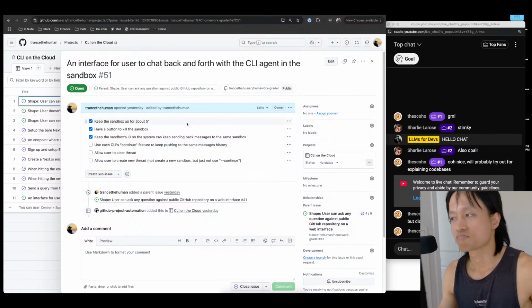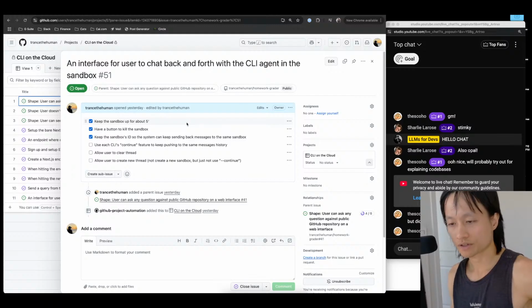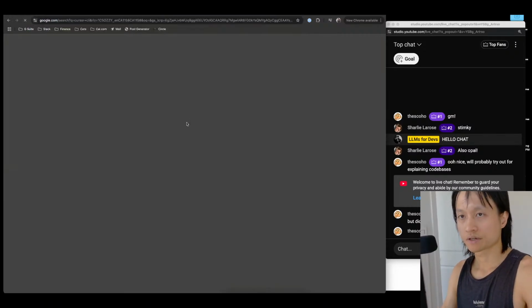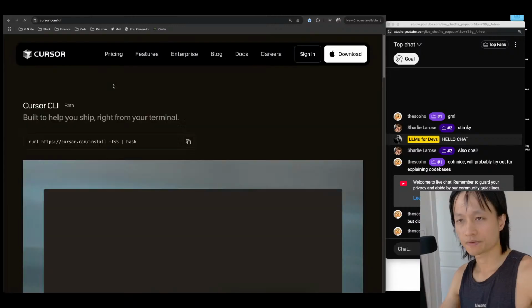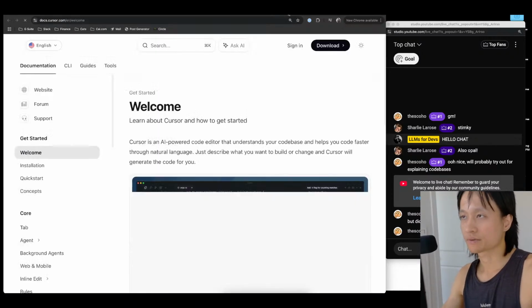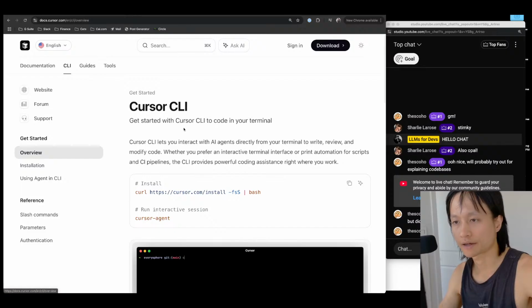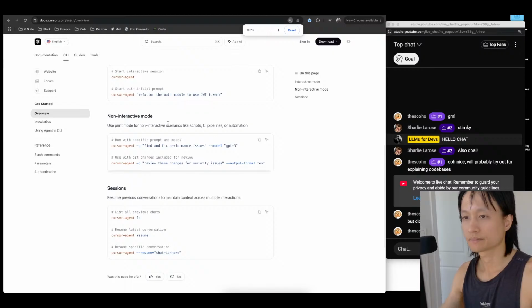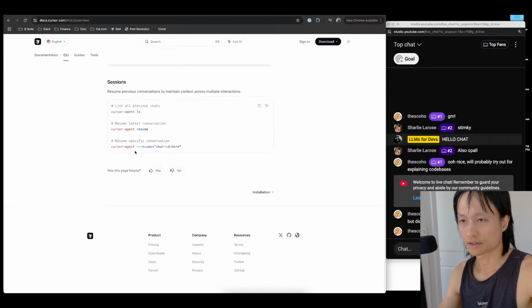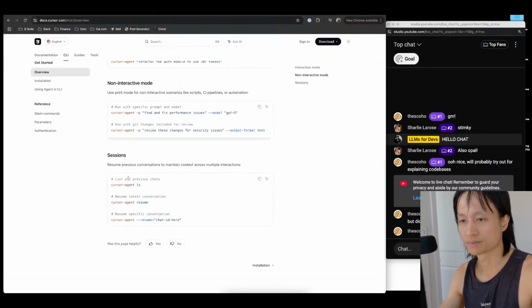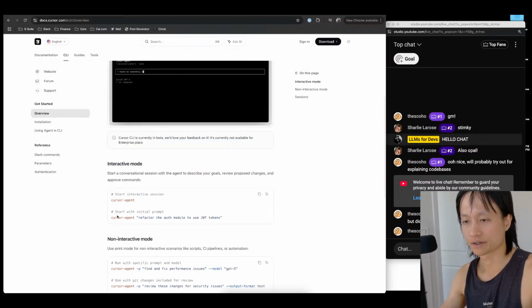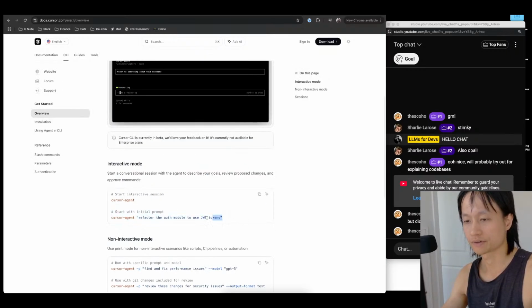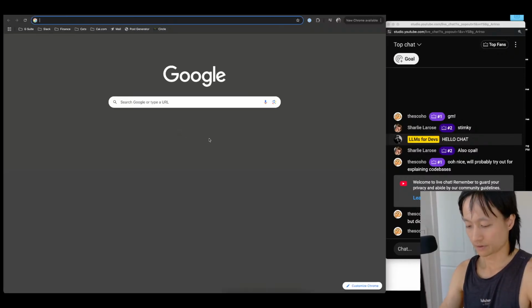So I know Claude Code has a continue functionality. I don't know if Cursor has a continue functionality, so let's take a look at the documentation real quick. So CLI. Let's zoom out real quick. Okay, sessions. Resume. Resume previous conversation to maintain context across multiple interactions. Resume chat ID here. And then to start fresh, do this. Okay, so for Claude Code,